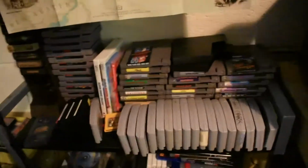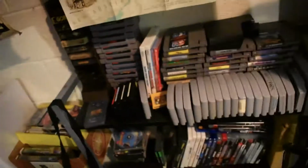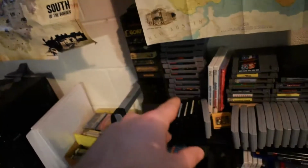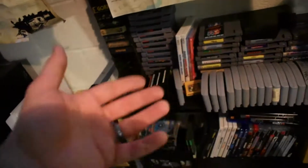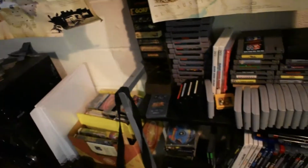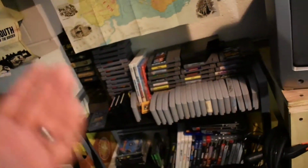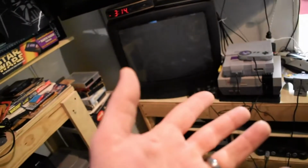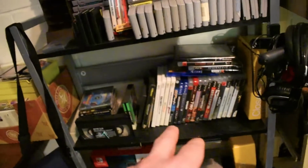So what I've been doing is slowly trying to bulk up my collection of Genesis and 64 games, and NES and Super NES games, to have them. I like the look of a bunch of games, but I can play any game I want. So a lot of these will just kind of be there. Maybe I'll throw them into the system if I want to play the authentic thing, like I used to play when I was a kid. But if not, whatever. So everything's going to be updated, but for now I have my PS3 games,